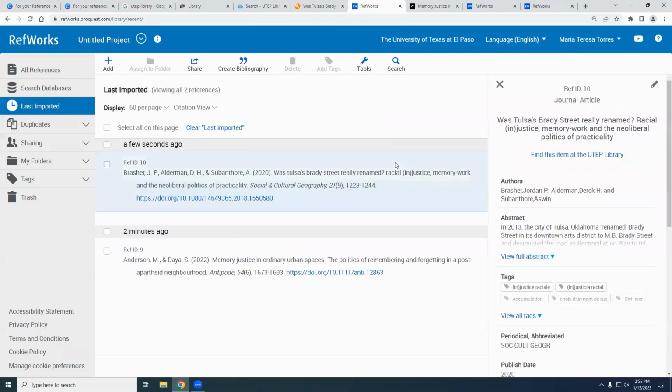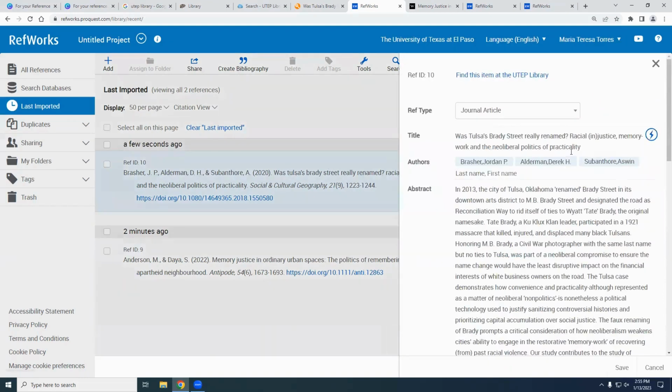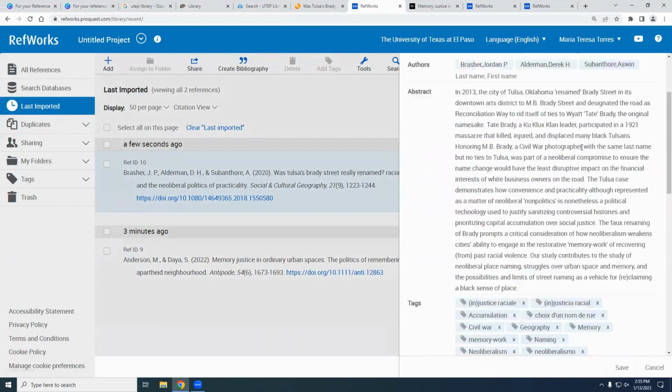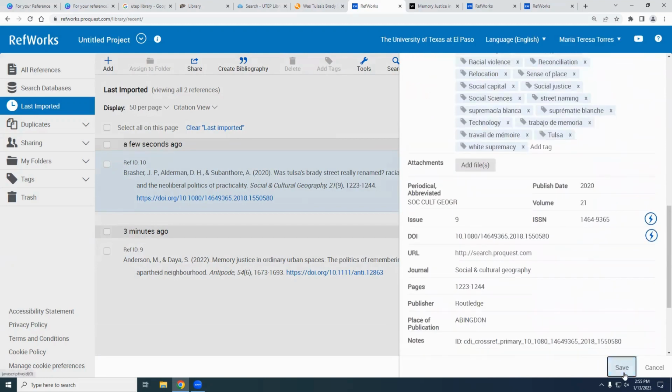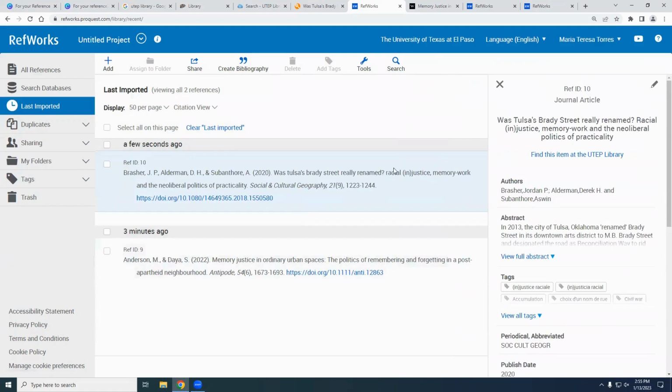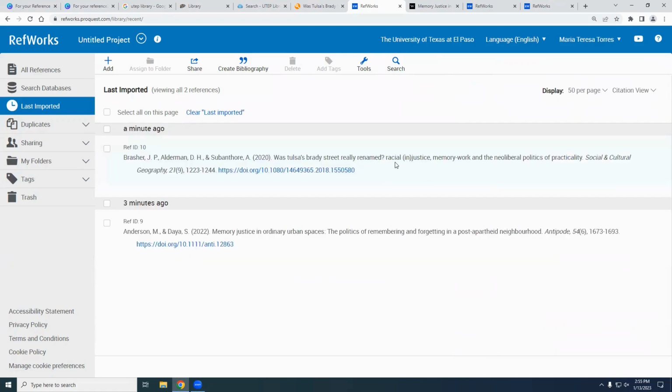And I can see that this one is actually incorrect. That's because I've worked with APA for years and years now. So when you click on it, if you do need to adjust something, you can click on that pencil. And let me see. It does say that the R is capital. Save. Let's see if that. And that didn't fix it in here. This R here in racial and racial injustice after the question mark should be capitalized. When I went to edit it, it did that. So this might just have to be something that I edit once it's in my Word document.